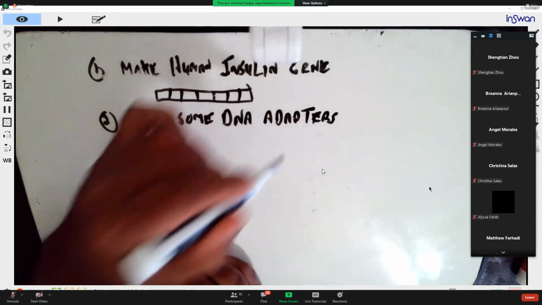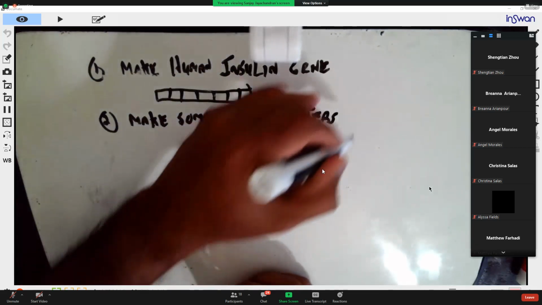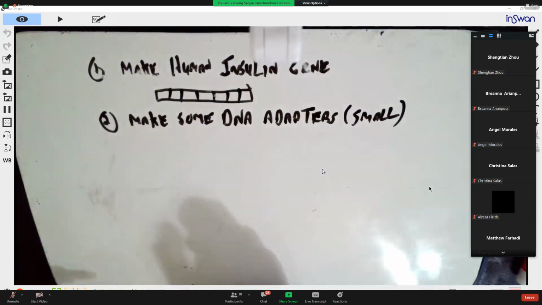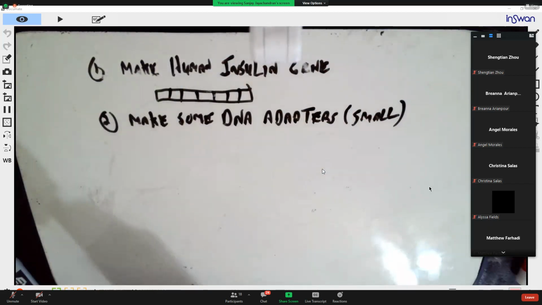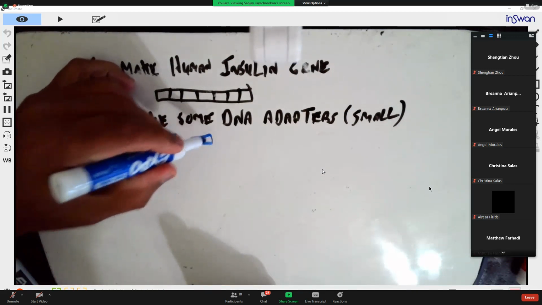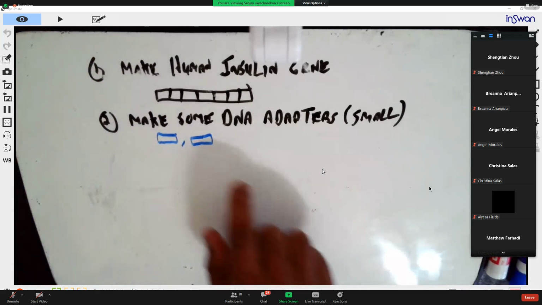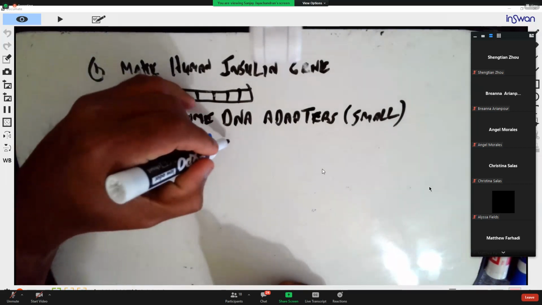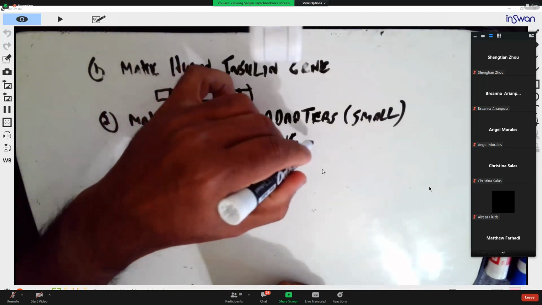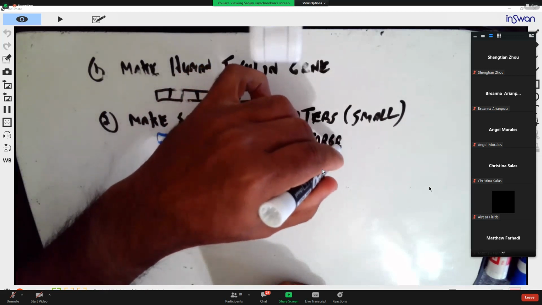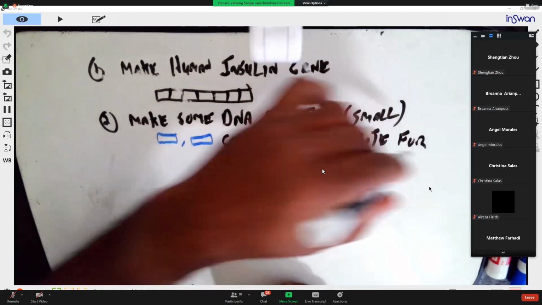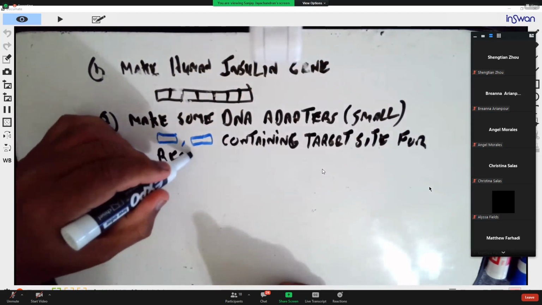Okay, what are these adapters? These adapters are little small pieces of DNA, so they're small. How small is my gene? Maybe like 20 nucleotides long. Okay, so these small adapters are like small pieces of DNA. And I'm going to make them so that they contain the target site for restriction enzymes. So remember, restriction enzymes